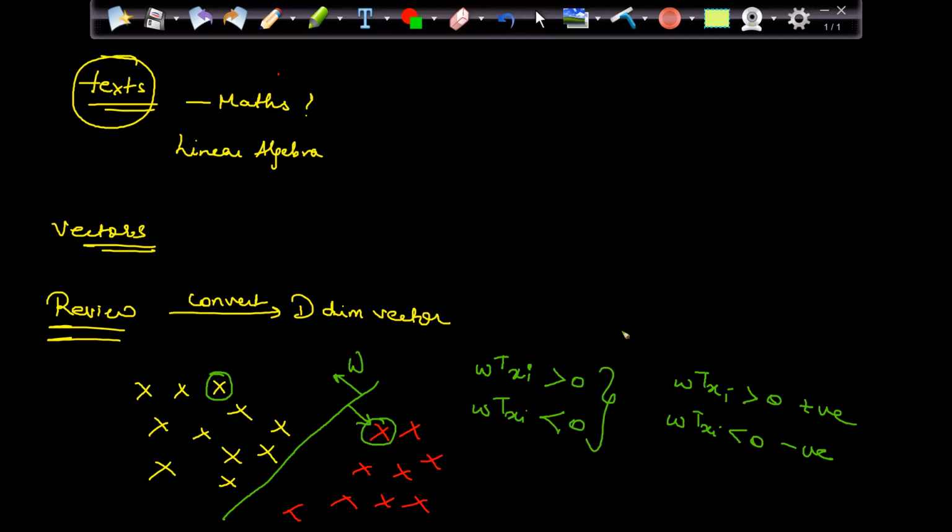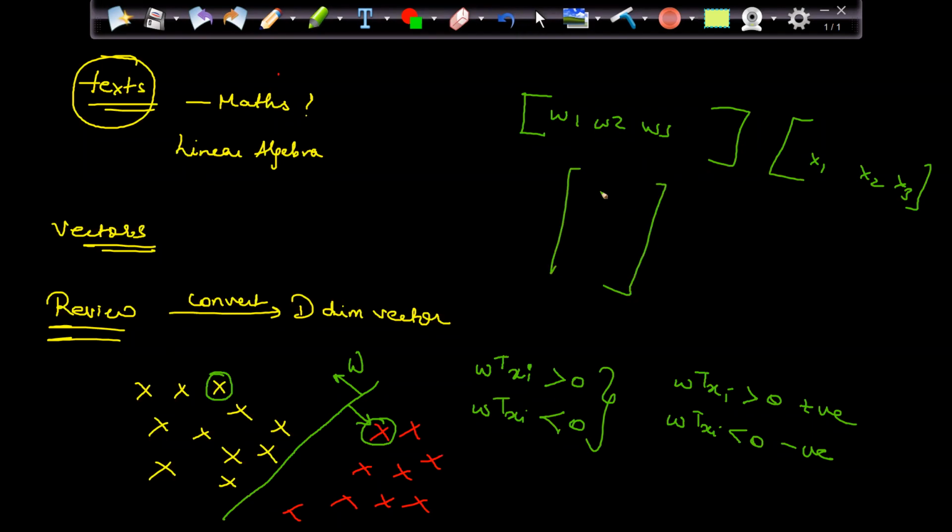So basically W transpose Xi is nothing but, let's say I have a vector W: W1, W2, W3, and I have the vector Xi: X1, X2, X3. I am multiplying these two vectors. How do we multiply them? I make W a column vector, W1, W2, W3, and I have this row vector X1, X2, X3.